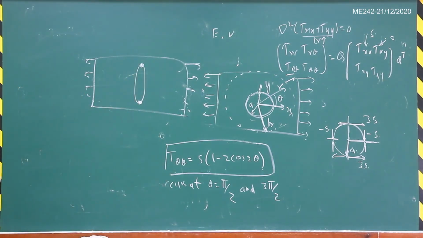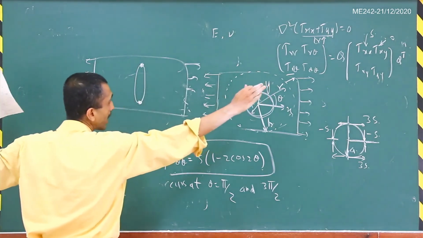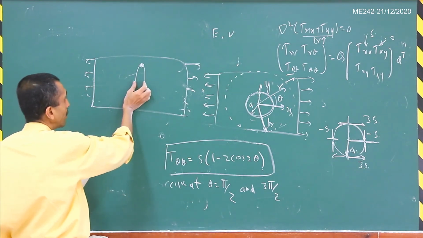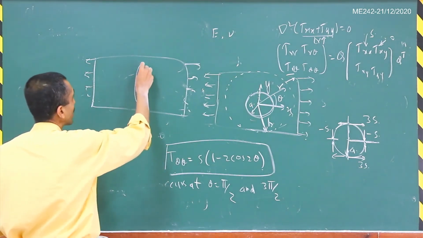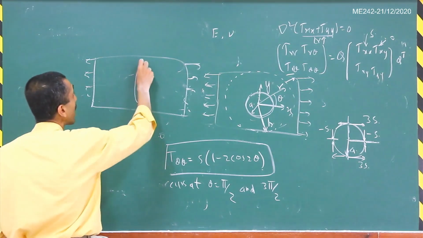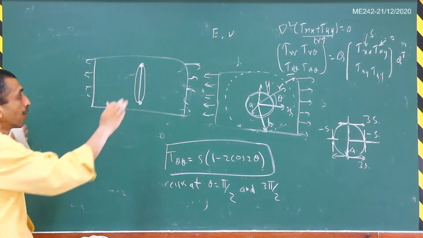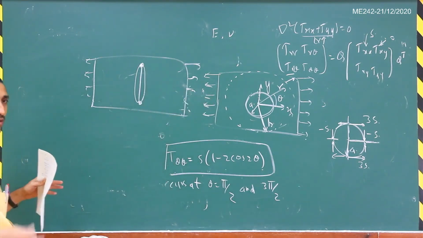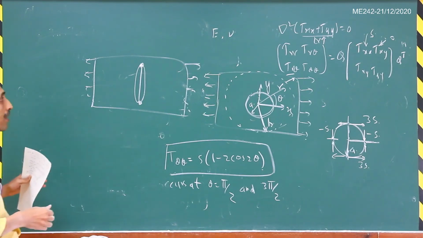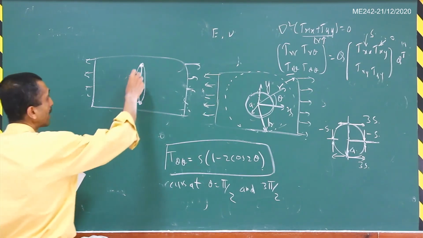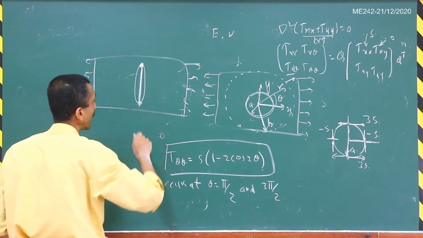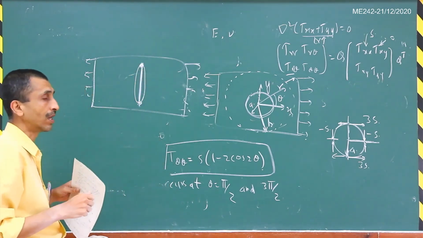As you load this plate in this direction, you will get this, and if you shrink the minor axis to 0, it will become like a crack. Then you will get singularities in the stress field when you are loading it in this way. That is something you will learn in advanced courses such as fracture mechanics. But basically you will get a 1 by root r type singularity in the stress field at the end points of the crack.